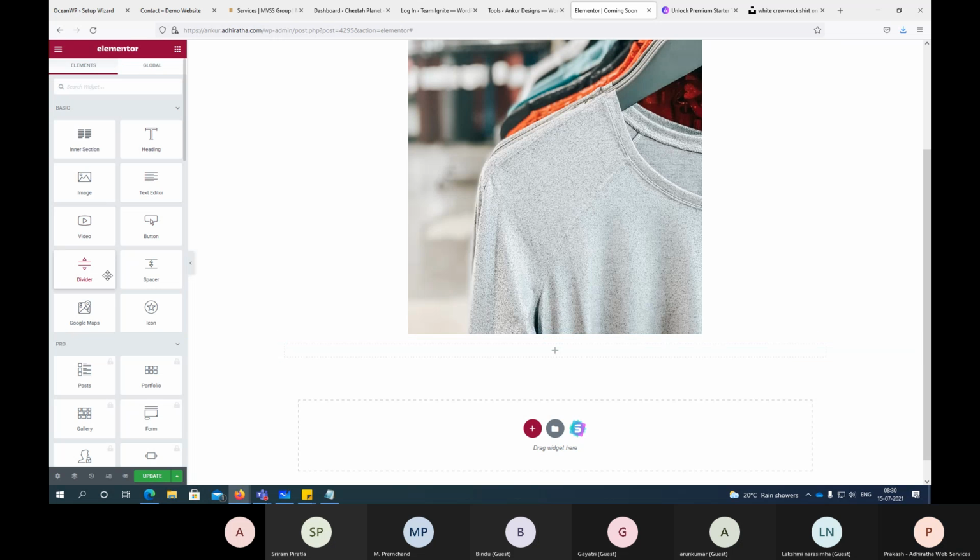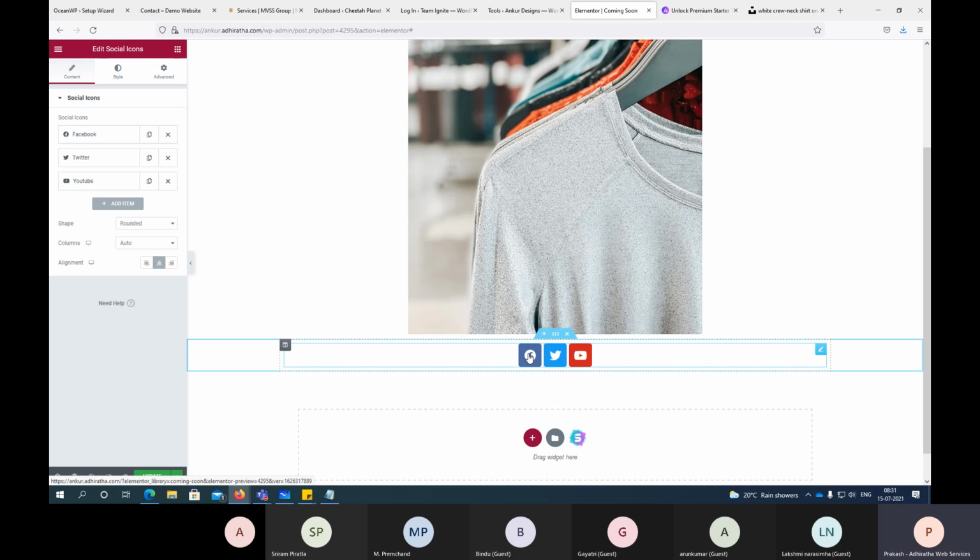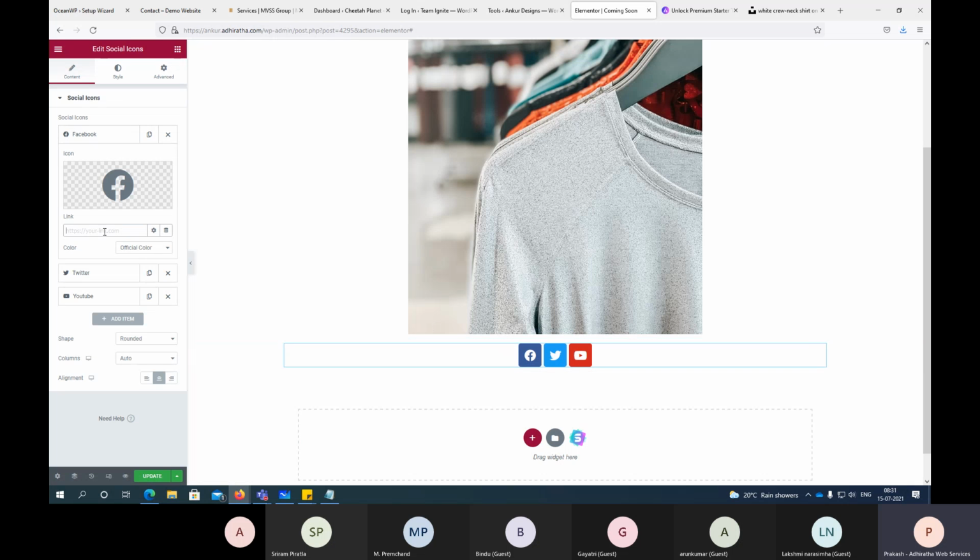Maybe like contact, some form we can give actually. That means where they can enter their email ID or social icons. Yes, we can add actually social icons. Like this, so that they will start following you on your Facebook page or something like that. So if I click here, there's a Facebook button. What link is yours, right? So my link is what yesterday I shown you, right?